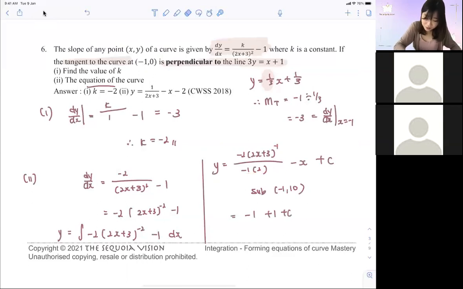No, not 10, I see only 0. Okay, you found C. So y is equal to